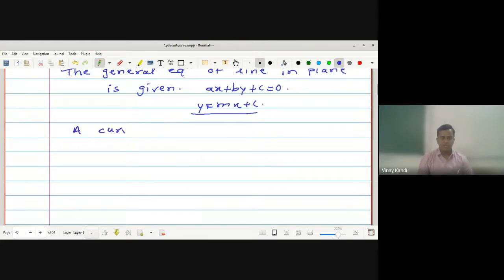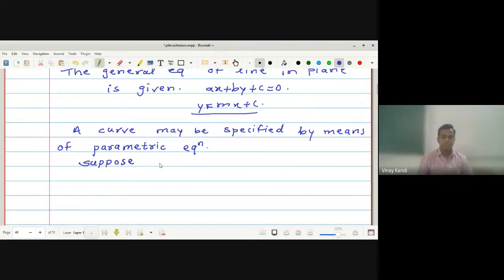A curve may be specified by means of parametric equations. Suppose f1, f2 and f3 are continuous functions